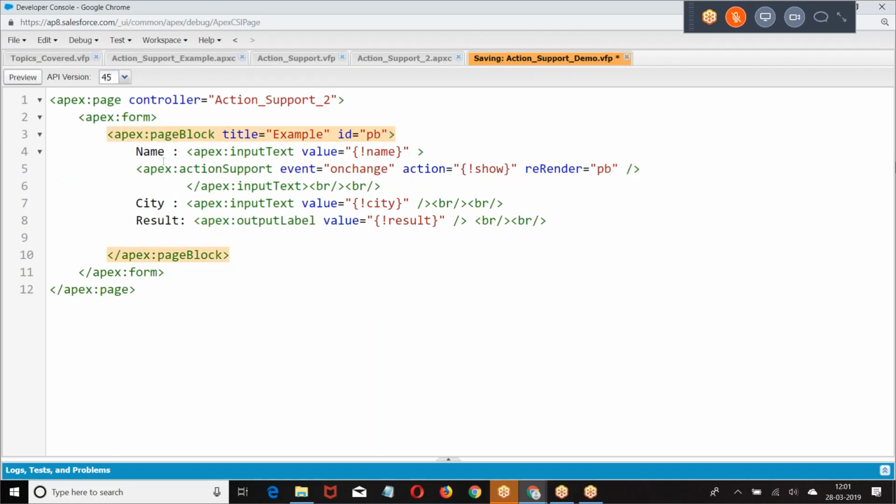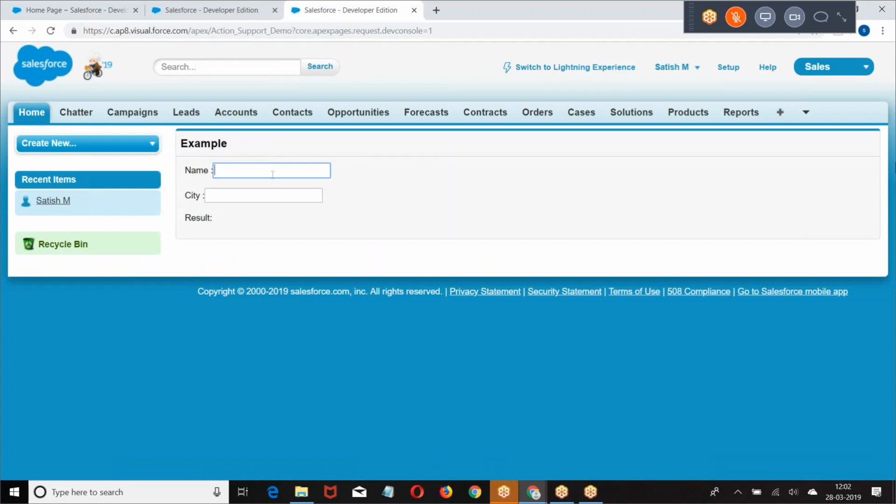So whenever the value in this input text box is modified, then invoke a method called callMe. Then it gives, reading, your name is Satish, Shri, blank.